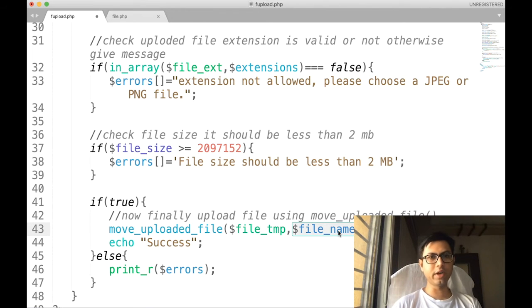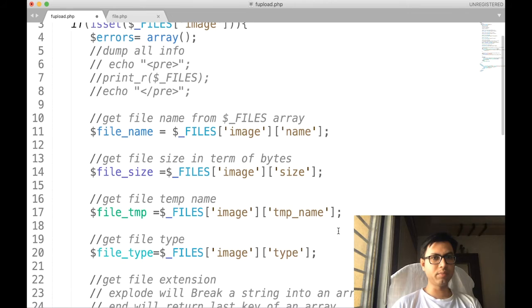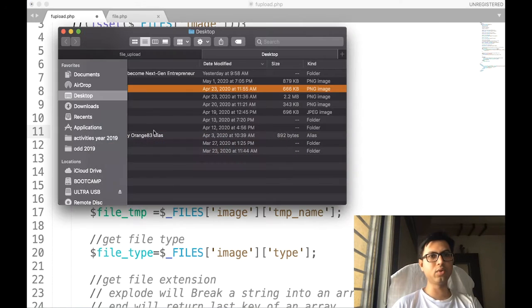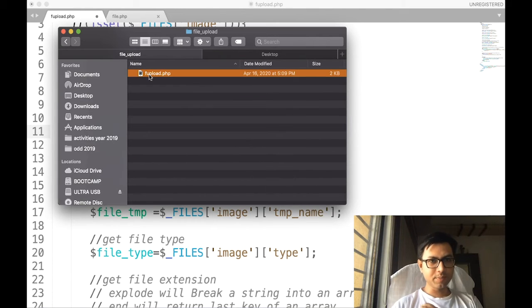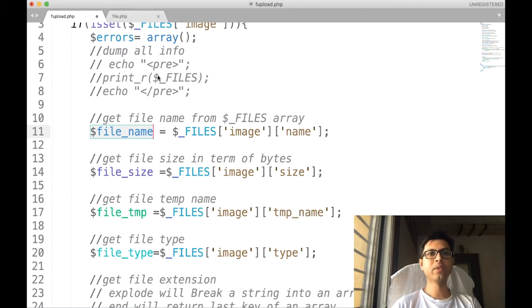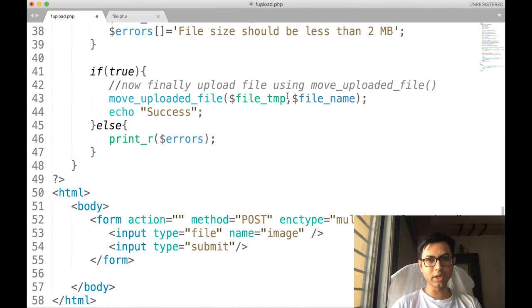$file_name. Now $file_name is the whole path. That means we are going to upload our file wherever this PHP script is located. I want to upload the file inside this folder, that is this file_upload folder. That's why I had written this over here.